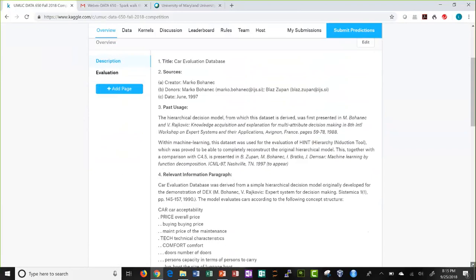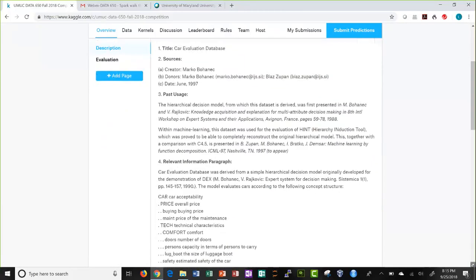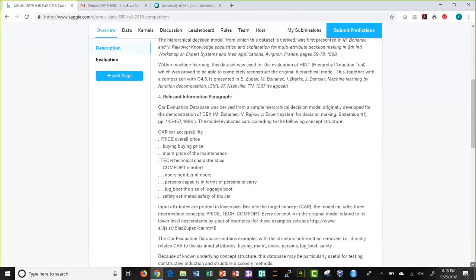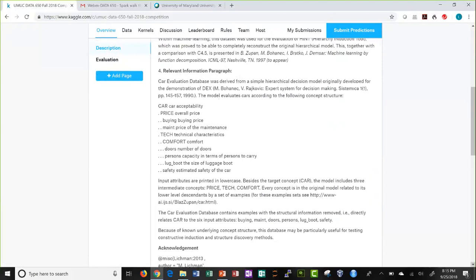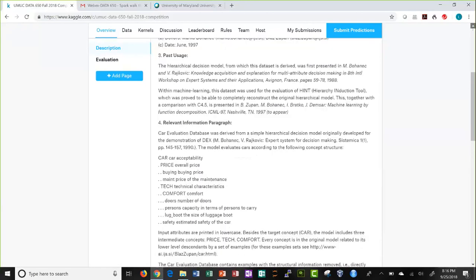So there's information about this car data set, like car acceptability, car buying price, the maintenance price, the number of doors, some technical characteristics and comfort level, the capacity, the number of persons, the luggage boot, and the safety estimated, right? So all this information is part of the actual data set here.